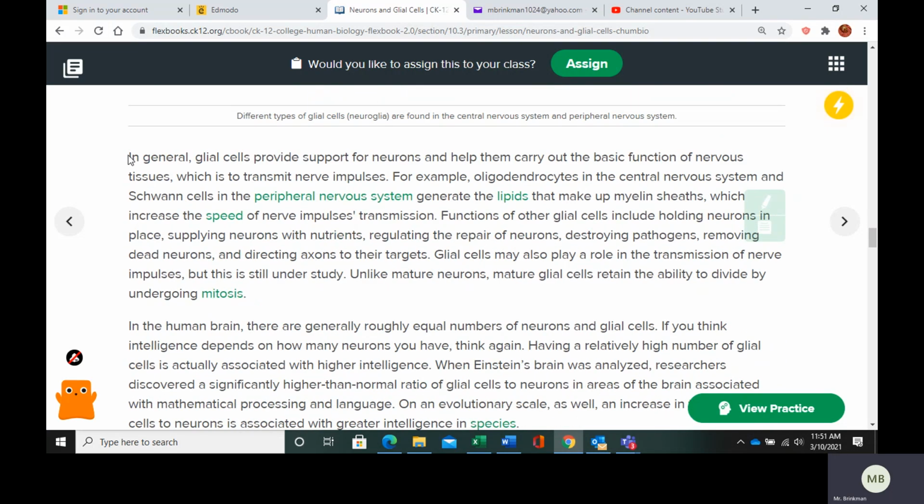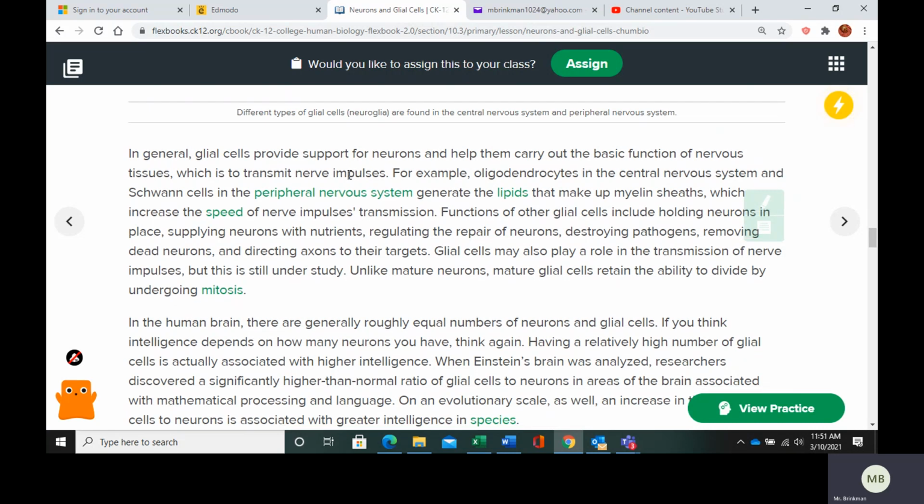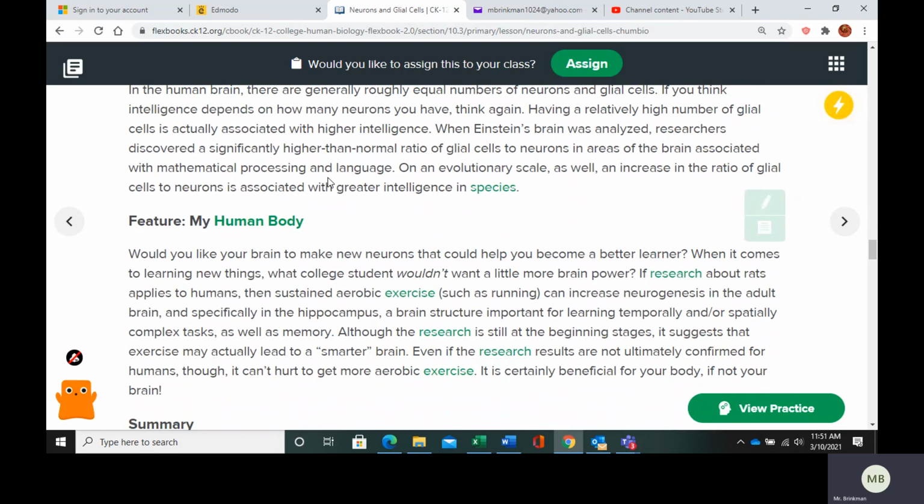All right. In general, they're going to provide support for neurons, and they're going to help them carry out basic functions of the nervous tissue, mainly transmitting nerve impulses. All right. So hopefully that all makes